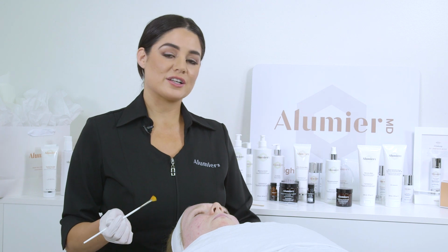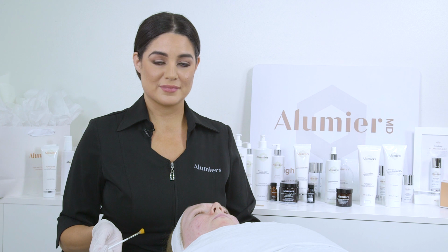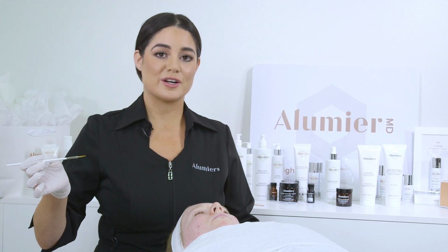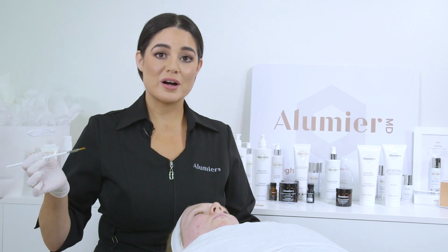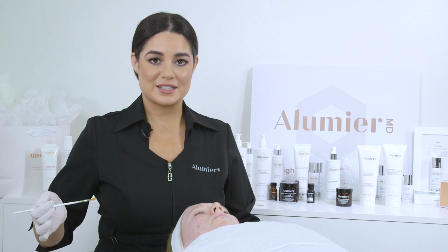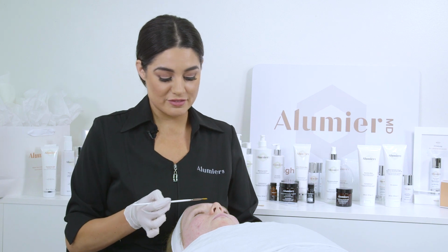The application of the Glow Peel is very important because this is a pass-dependent peel. This means every time the brush touches the skin, that is an application of the Glow Peel. One application will offer a light peel. You can apply up to 4 passes of the Glow Peel, which will drive this Jessner peel a little bit deeper into the epidermis. So it's important that we have the same amount on the brush every single time the